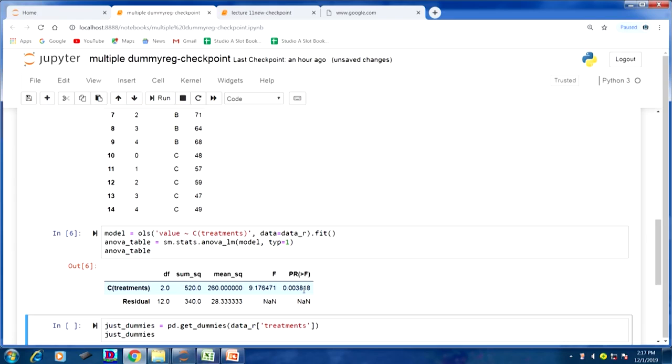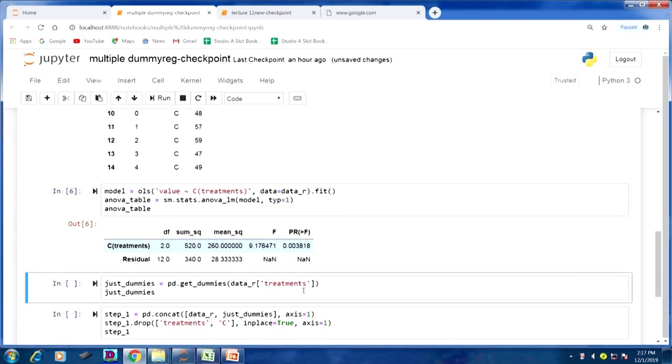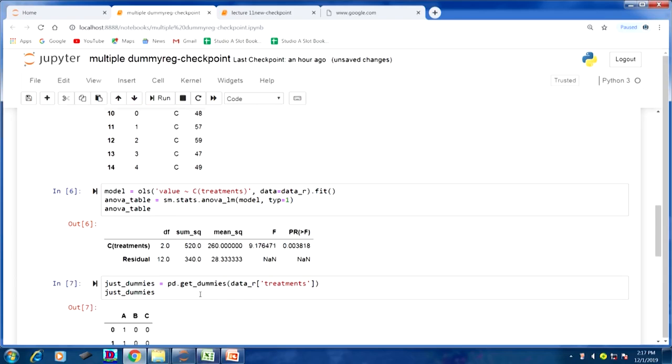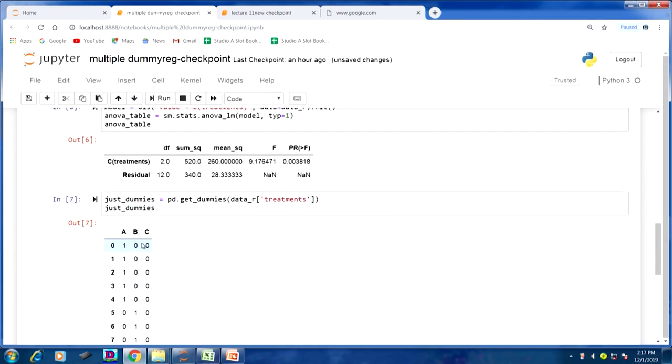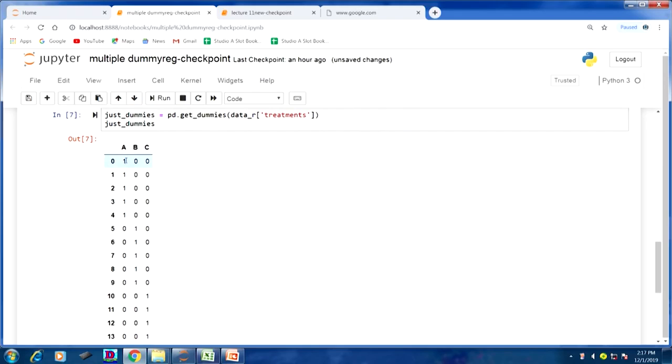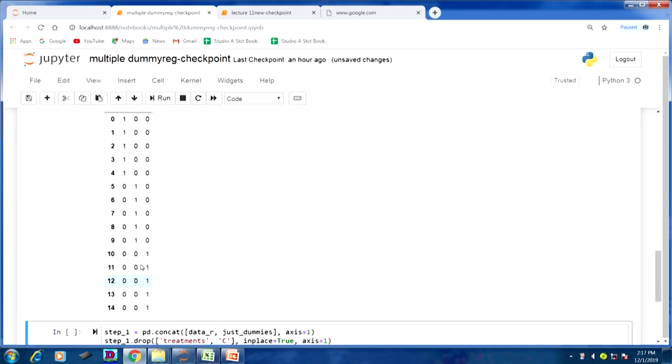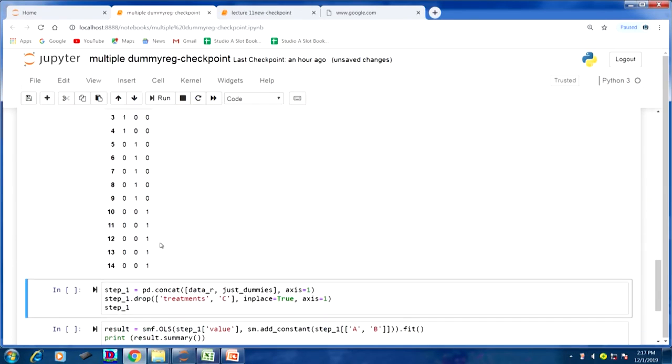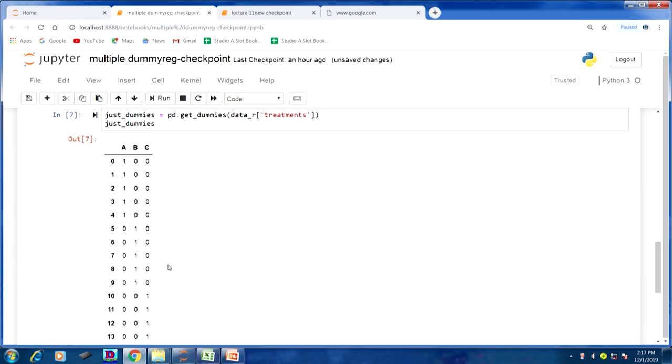Now we are going to do this problem with the help of regression analysis by using the concept called dummy variables. There is one treatment, that is the assembly method, but there are 3 levels A, B, C. So I am going to convert that into dummy variables. Look at this, A, B, C. The presence of 1 represents A, the presence of 1 here represents B. See the C column, the presence of 1 represents C. Because in the treatment there are 3 levels, we need only 2 dummy variables.